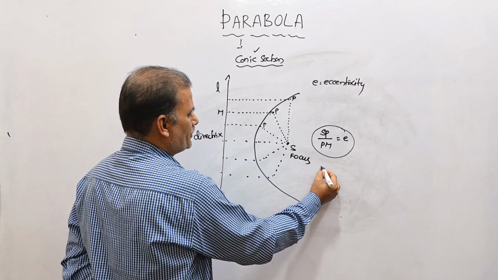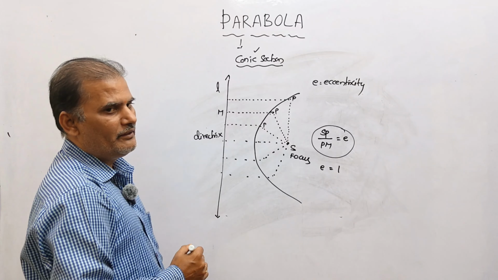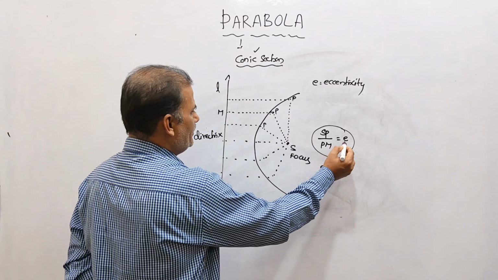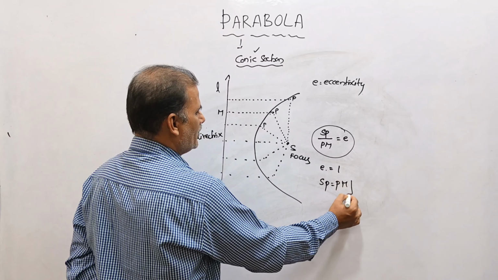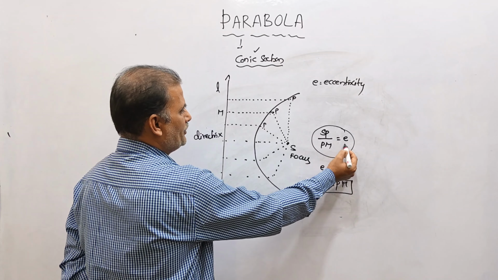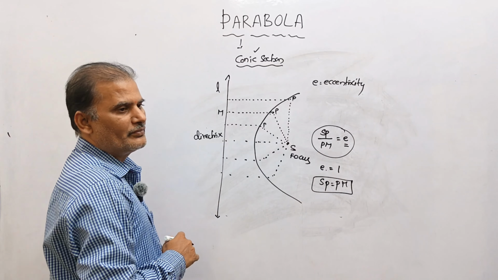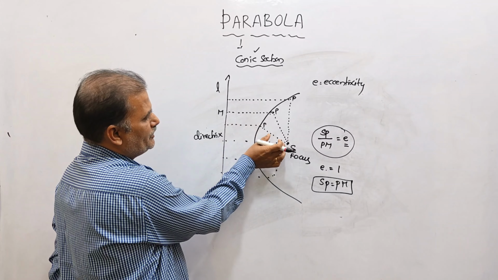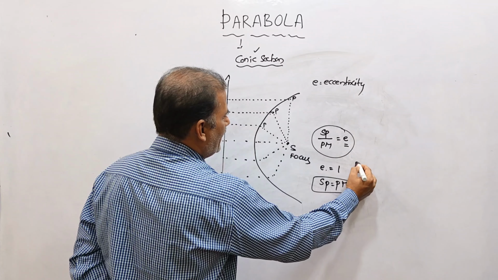If the constant is equal to 1, if the E value is 1, then SP is equal to PM. Replacing the ratio with 1, SP is equal to PM. When the distances SP and PM are equal, it is called a